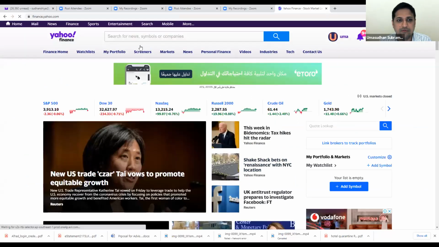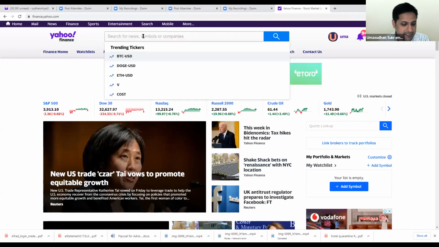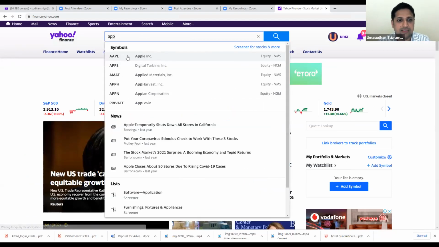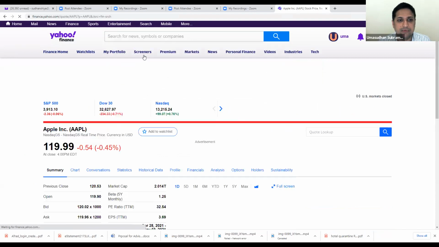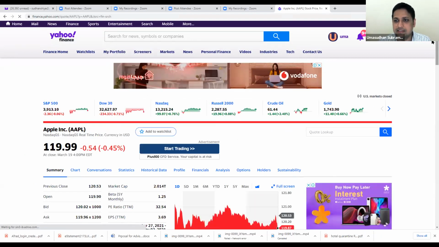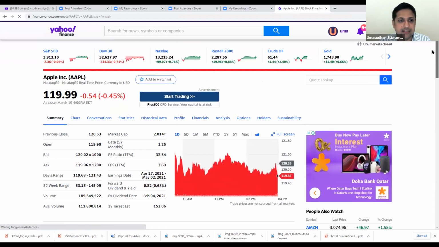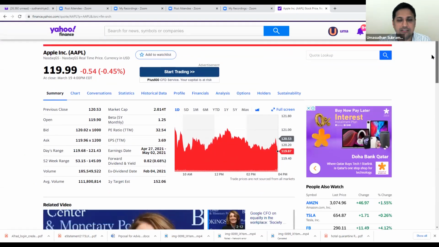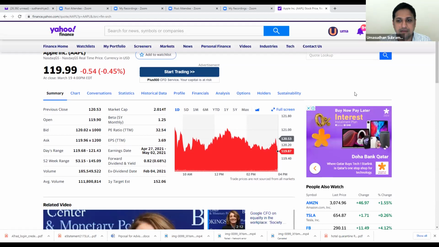So look at Yahoo Finance. I'm going to quickly filter a stock. Let's filter Apple, easy to discuss. So you have Apple listed in NASDAQ Stock Exchange, United States. Okay, are you able to see my screen? Are you guys seeing my screen? Yeah. Okay, fantastic. So you look at the last traded price of Apple is